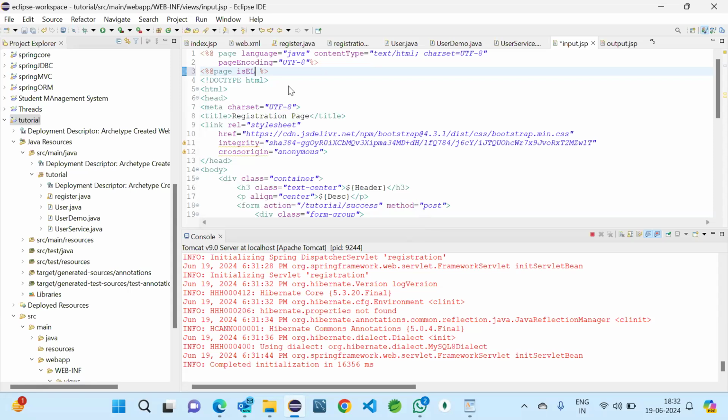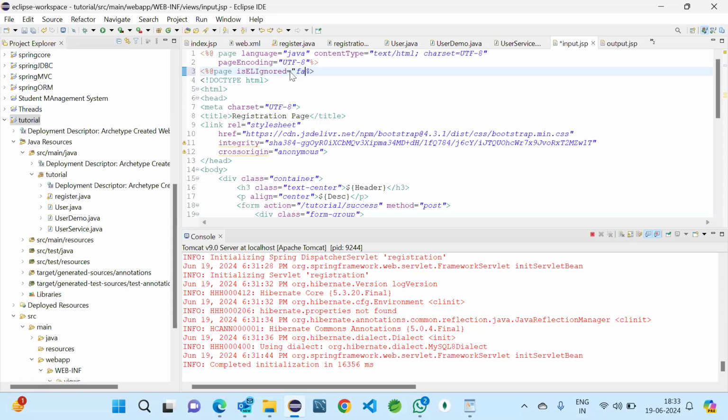is EL ignored. EL ignored means expression language ignored. Writing this dollar and curly braces is the expression language in Spring, which we use to pass the attributes and catch them in the JSP file. So this is the way of writing expression language in Spring. Here we have the parameter, that is expression language is ignored. It is by default true. We will be making it false. After that we will be able to get the values.